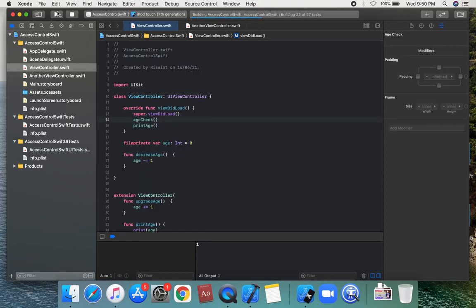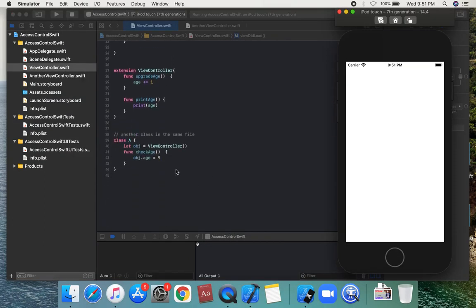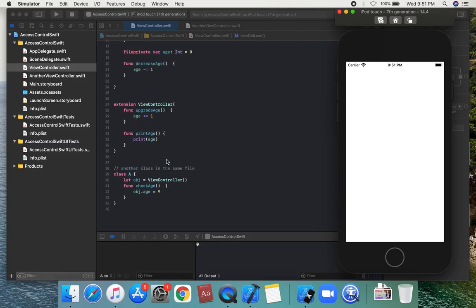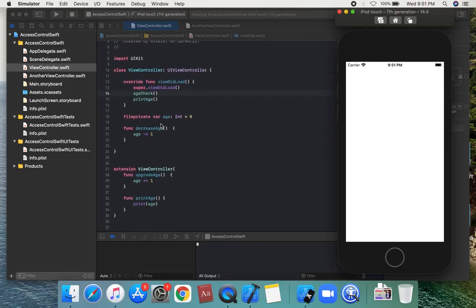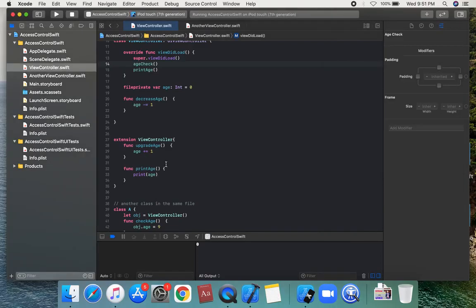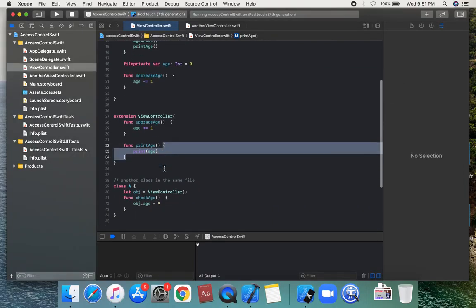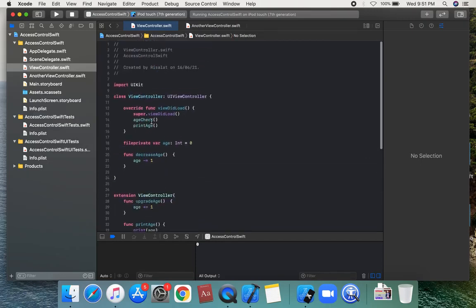Run this statement, file private is a 0. We can check this age, this is a 0, check the age value. For view controller extension, check age internal in this file. So check age, decrease, print age which has a function on this age, print age, and we can set this print age object dot.